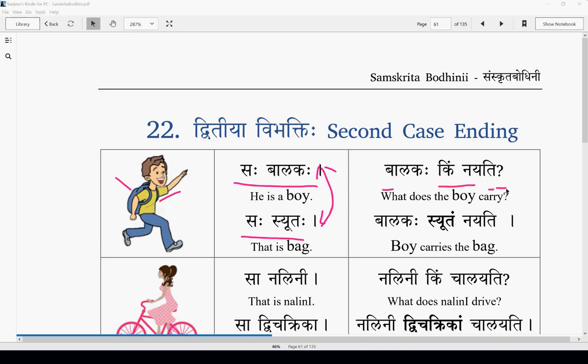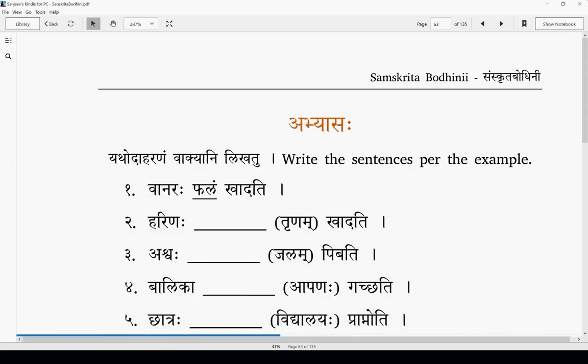Balakah kim nayati. The action happening is he is carrying it. So we are asking the question kim. Balakah kim nayati. That will connect Balaka and Syutah. Balakah Syutam nayati. What is he carrying? In the Dvitiya Vibhakti case, the question is kim. In the Tritiya Vibhakti case,